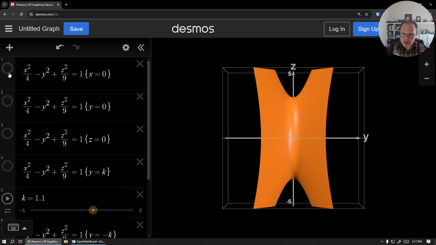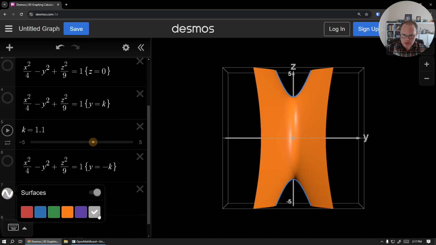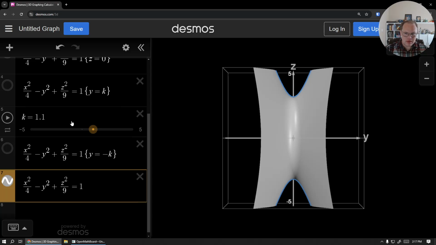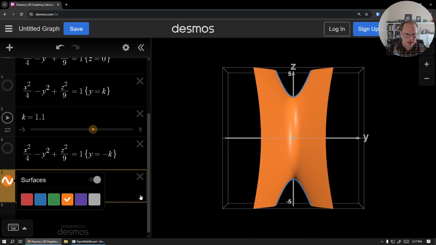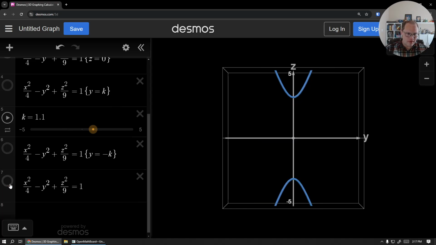In the YZ plane, we have, that orange is really bright, isn't it? And I think the orange contrasted better. There we go. So you could see right there we have that